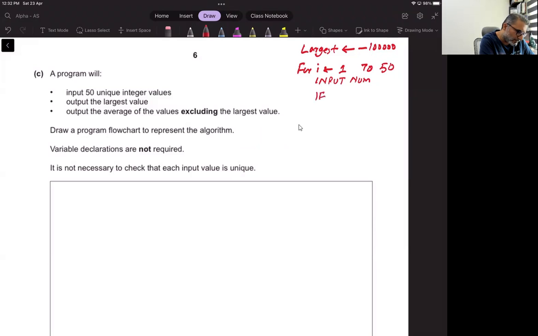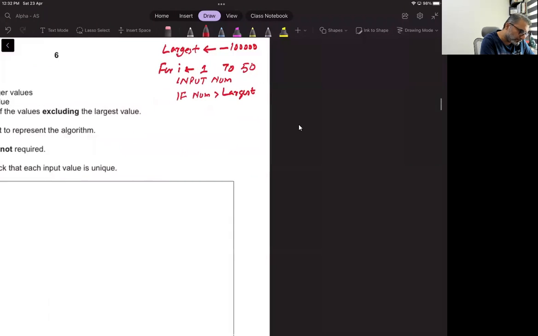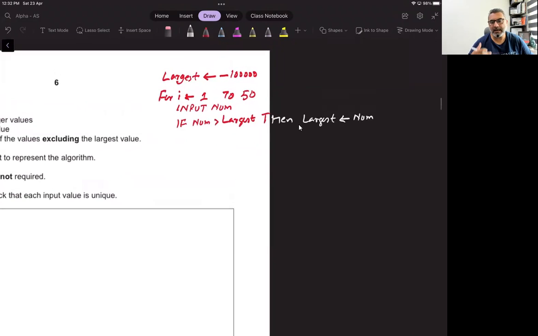If num is greater than largest, then largest is equal to num. Okay, so if the number is greater than the largest until now, the largest will be updated. All right,